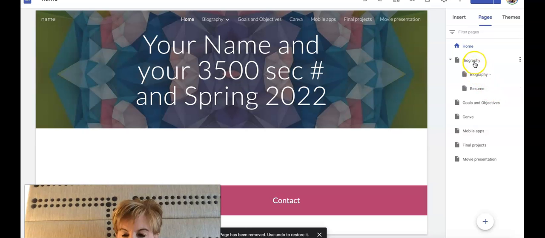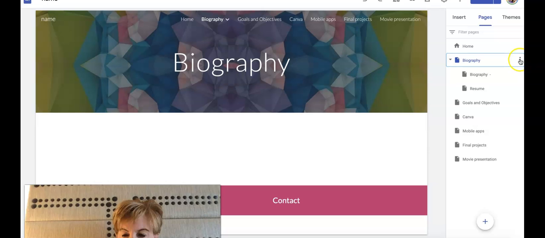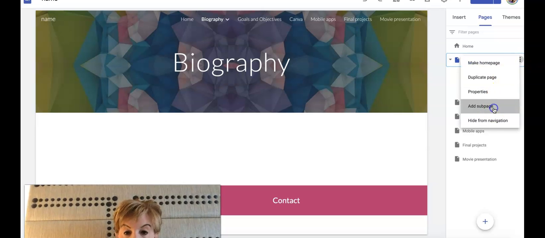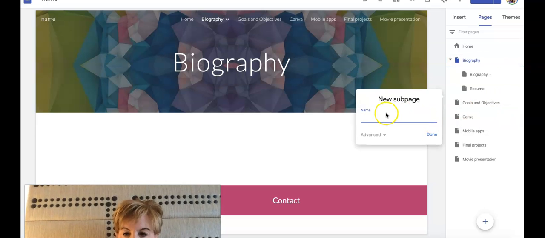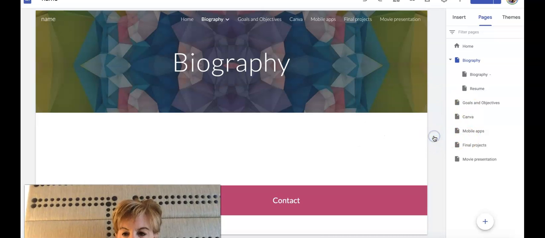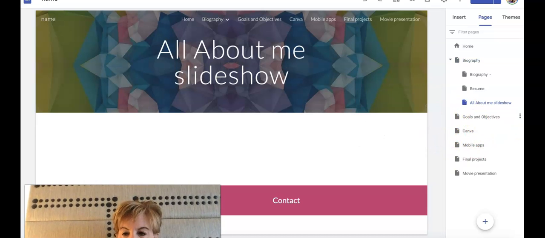I'll go back up here to biography and add another. It has to be a subpage. I just showed you what not to do. So it would need to be all about me slideshow. Done. Okay. Then under your goals and objectives, you're going to have your